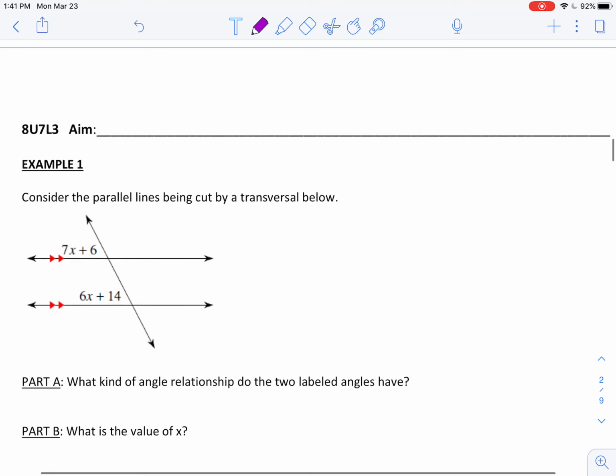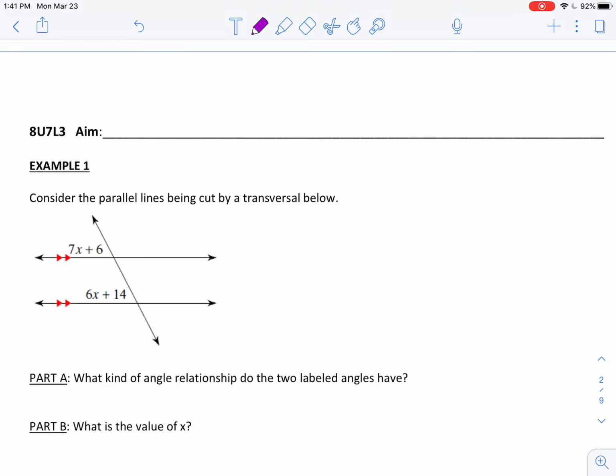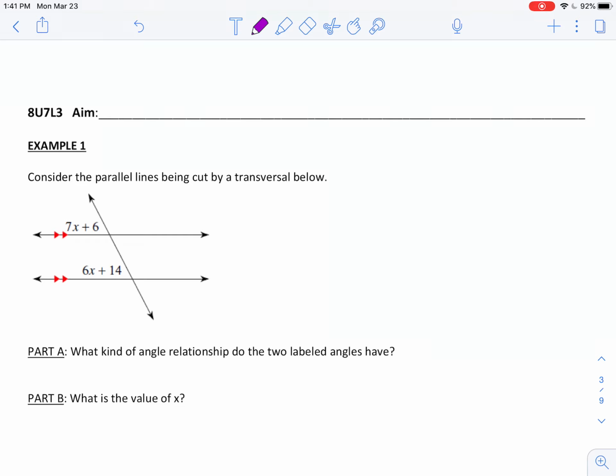All right, let's go to page 29. Today we're going to use what we know and we're going to work on the next step. So our aim for today is to become fluent working with transversals. So let's write our aim: to become fluent